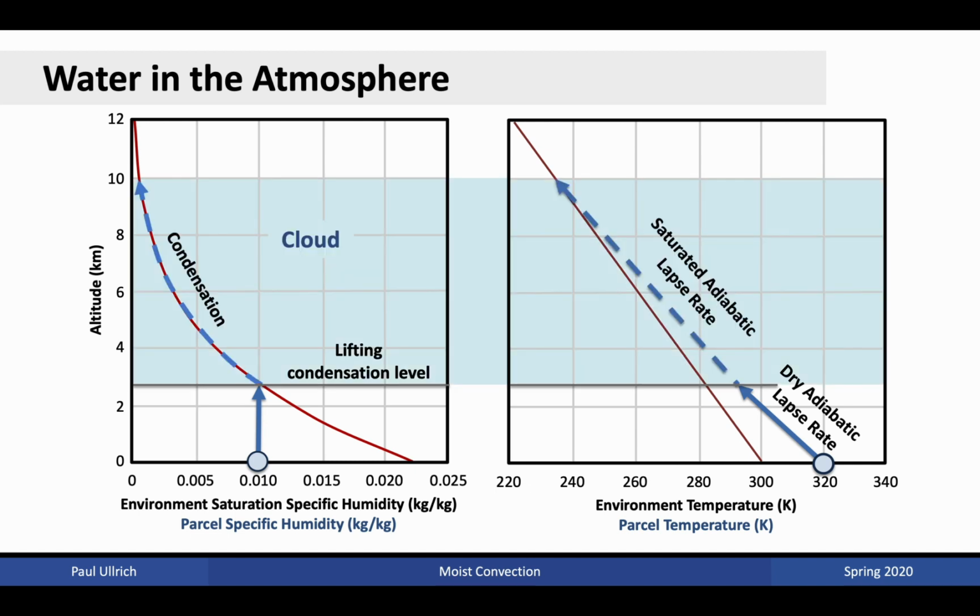Above this point, the fluid parcel will be undergoing the saturated adiabatic lapse rate because it is exactly at saturation as it rises. The saturated adiabatic lapse rate is less steep than the dry adiabatic lapse rate because condensation is occurring, which is simultaneously warming the fluid parcel. The exact saturated lapse rate is dependent on the environmental conditions. As the fluid parcel rises, condensation is occurring, and as we see in the left-hand plot, all of the excess water vapor beyond the saturation-specific humidity will be condensed out in order to form cloud